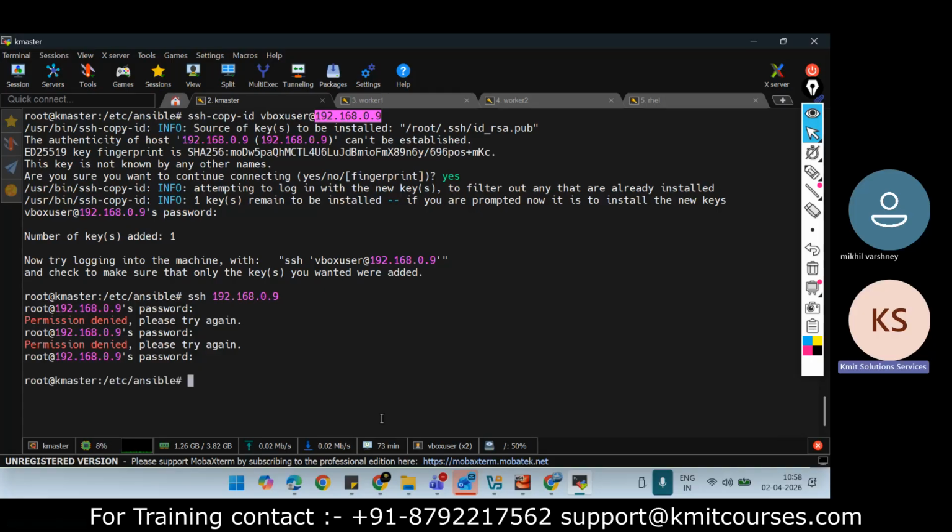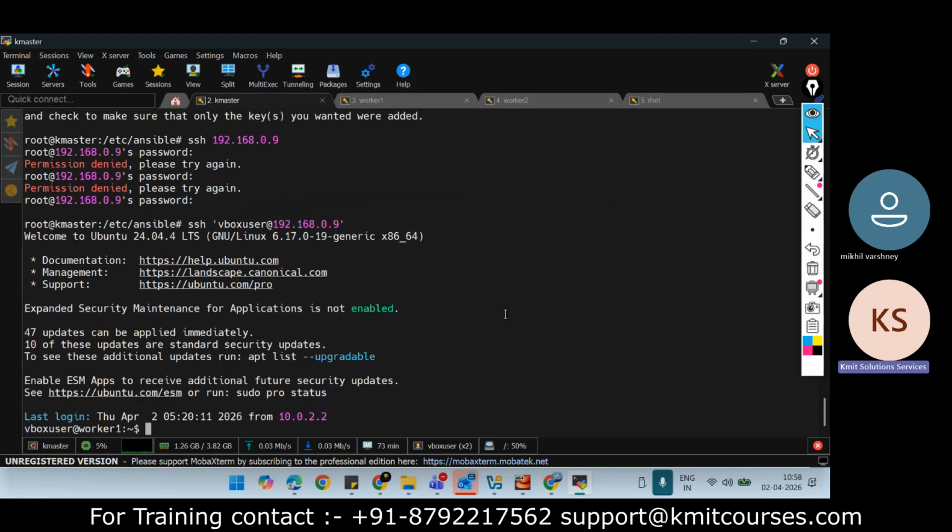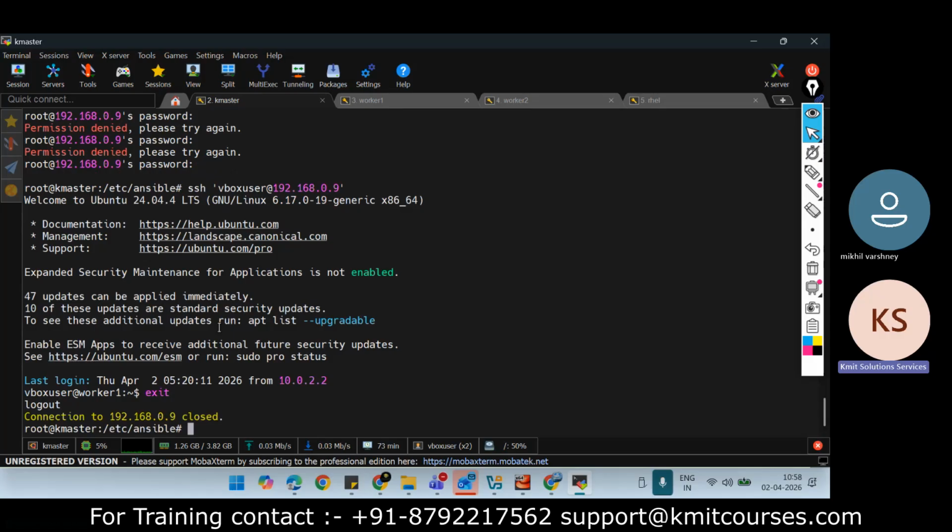Let us check again. Number of keys added: 1. Now try to log in to the machine with SSH. Okay, we'll use this command. See, I'm able to connect to my worker node 1. Now if I exit, I'm exited from my worker node 1.